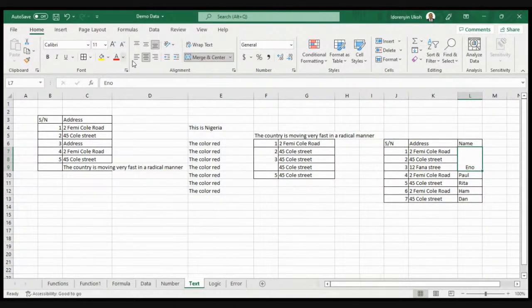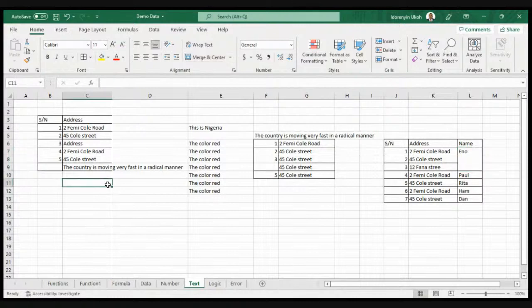So when that is done, I merged that cell. It shows that Eno as a person produced these three addresses, instead of having to write the same name multiple times.